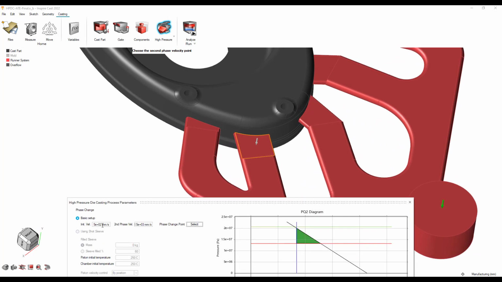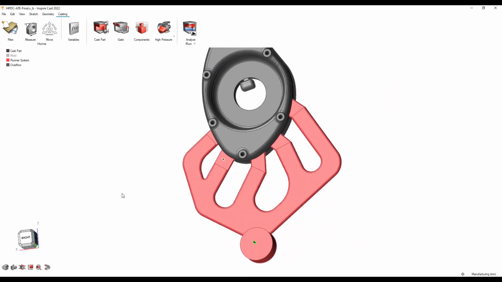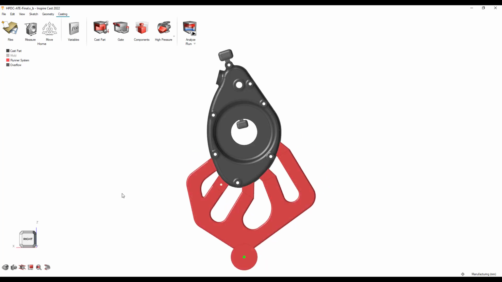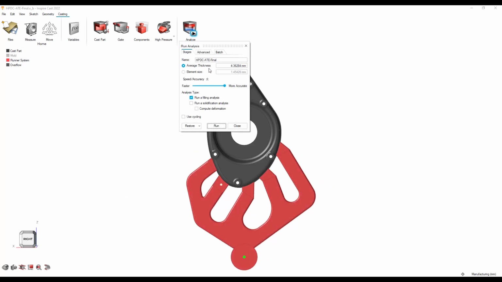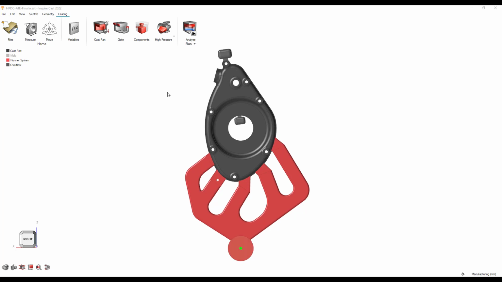Once the flow front reaches that area, the velocity of the fluid will advance to the second phase. Second phase velocity is 2.5 meter per second. I'm going to run a simulation by changing the name, selecting the analysis type as filling only, and a fine mesh. Once the run is finished, let's figure out